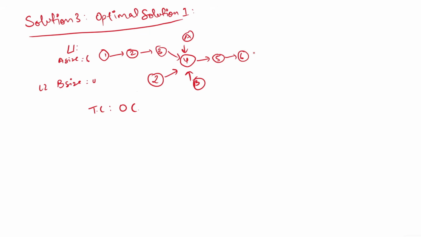So in this way, what will be our time complexity? To calculate the length of the first list, it is O of n, plus to calculate the length of the second list, O of m. Then we will move our bigger list by O of m minus n time. So you can say our time complexity will be O of 2m. Now what will be our space complexity? Because we are not using any extra space, space complexity will be O of 1.